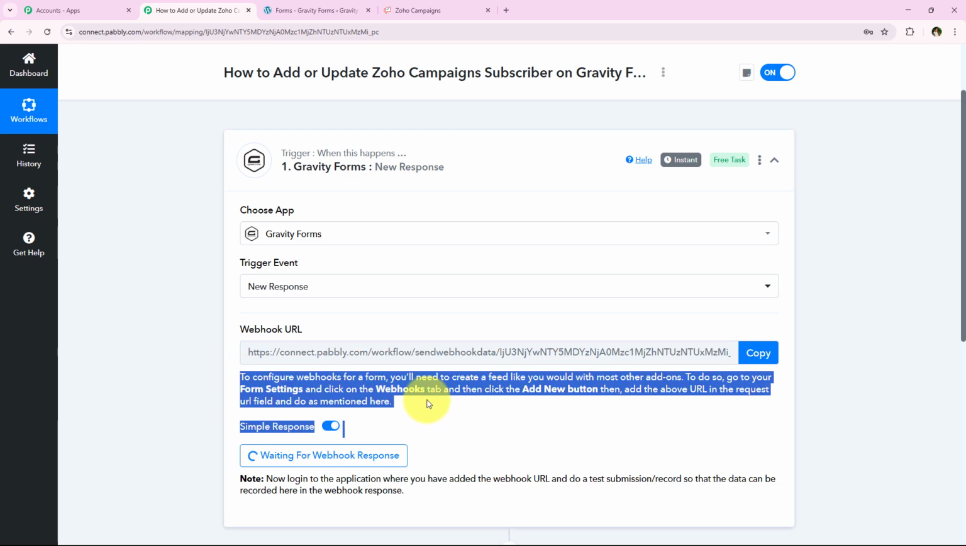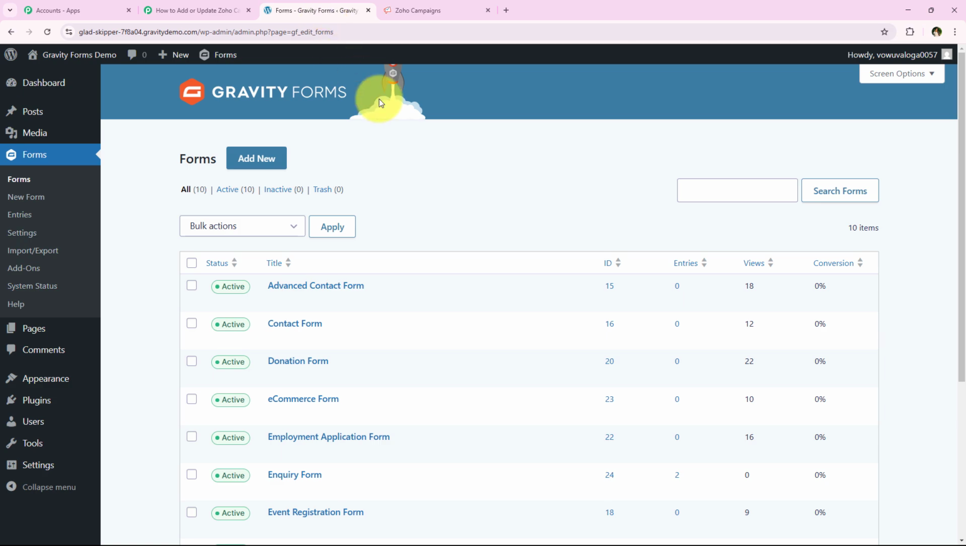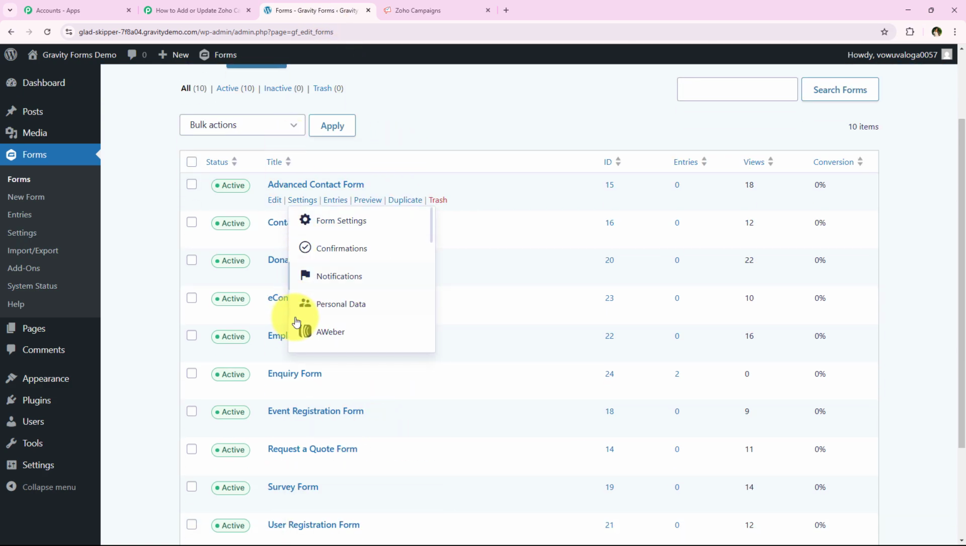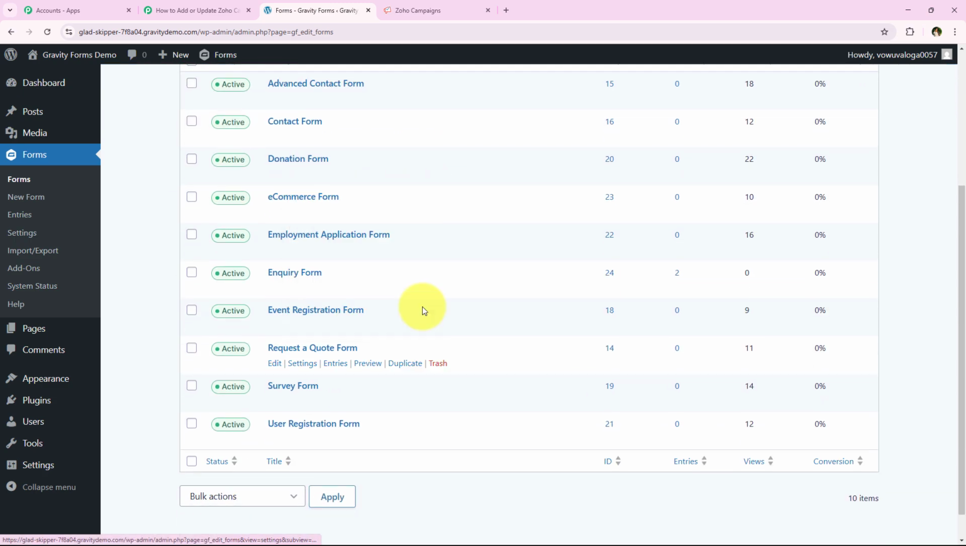and then we have to follow this help text, and it is saying to do so, go to your form settings and click on the webhooks tab. Alright, we are going to follow the same. I'm just going to open my Gravity Forms account, and over here you can see all the forms which I have created using Gravity Forms. But I'm going to create this automation only for a particular form, which is this inquiry form. So I'm just going to go towards the form settings of the same form